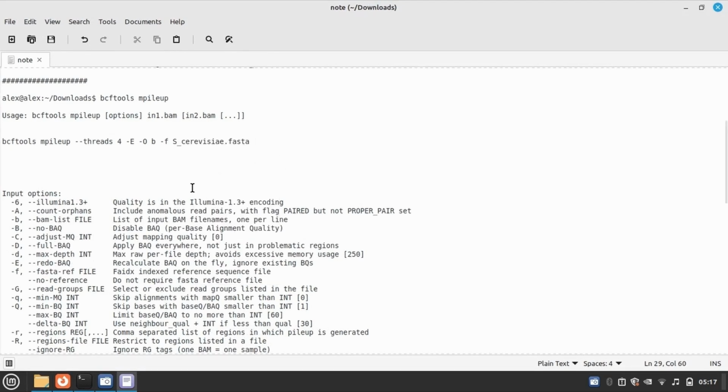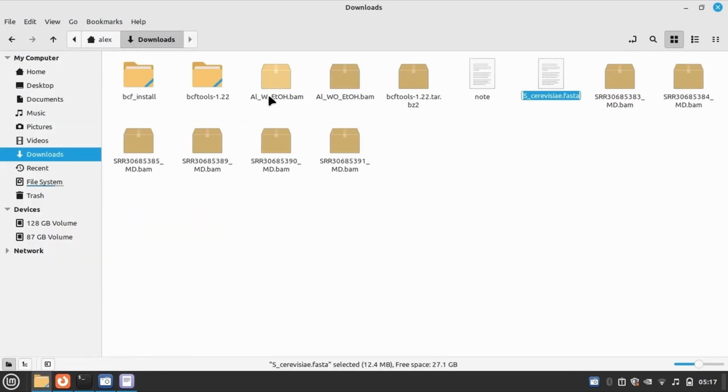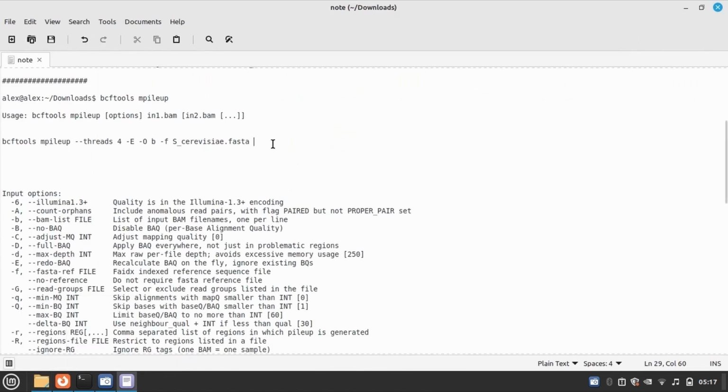After that I have to enter the input file. So here is the input file. First I will do this one, just copy the name. So it is the first input file, and adding a pipe, and again